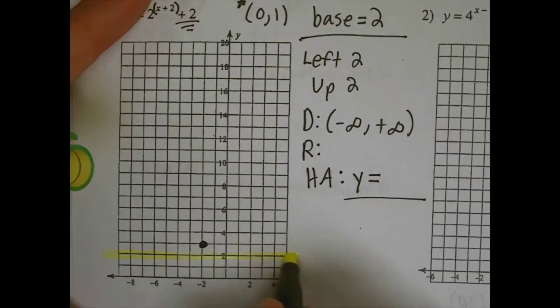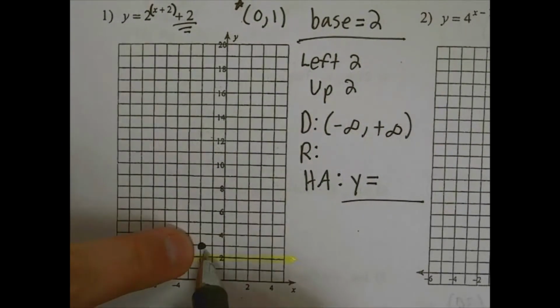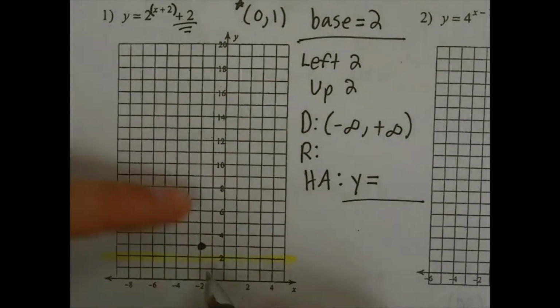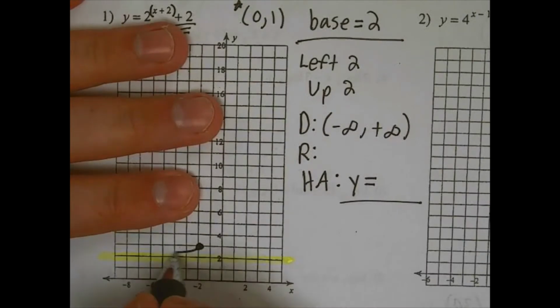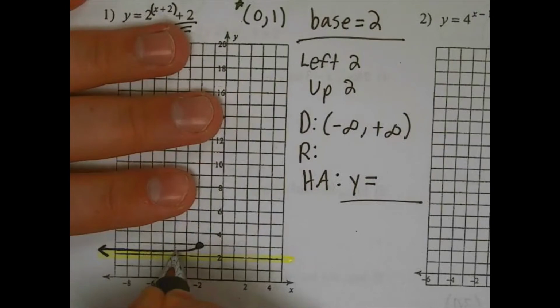And that makes perfect sense because my point is 1 away from what I just highlighted in yellow. 1 away is good. I cannot touch the asymptote. It will never touch it. Actually, this left-hand side will get really, really close. I call it tailing it off. So if you tail it off all the way down,